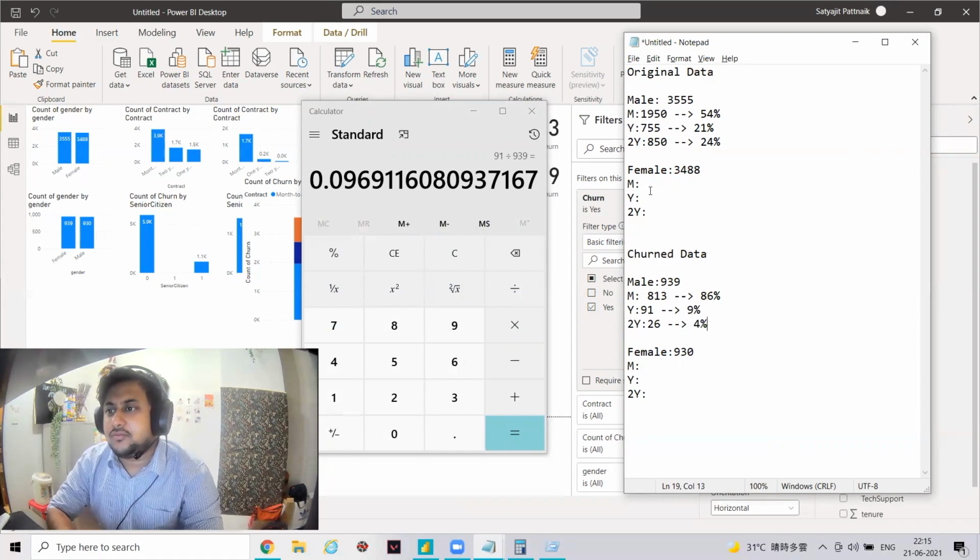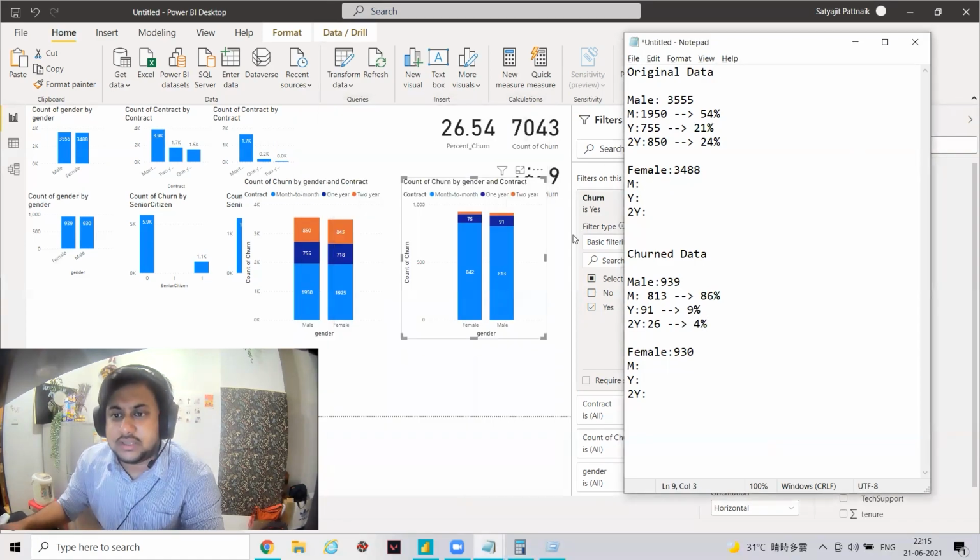Okay. Similarly, let's try to check the values for females. Monthly customers 1925, yearly 718, two-year 845. Similarly, for churn data, monthly 842, yearly 75, and two-year 22.